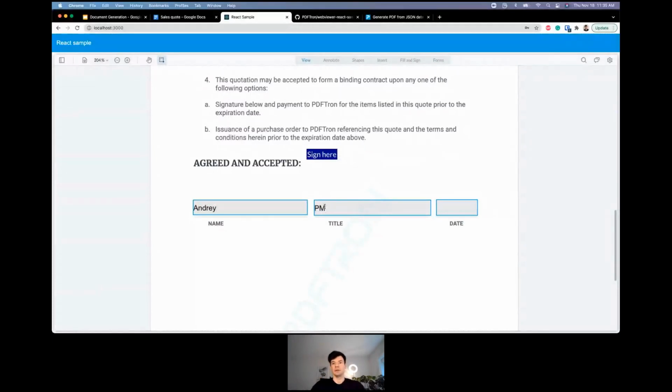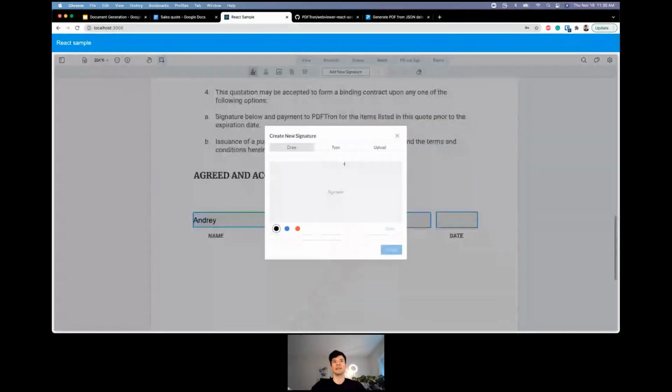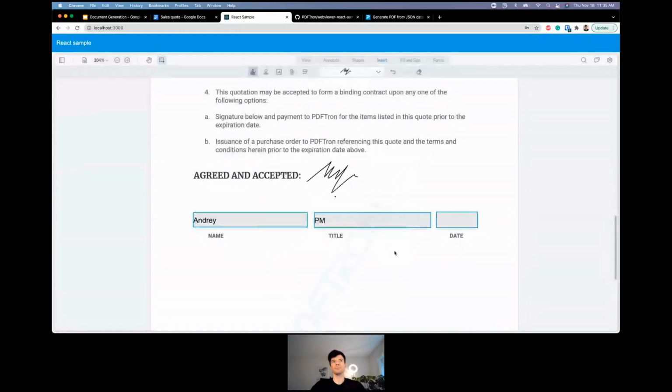And the date is today. And when I click on the sign here, it brings this nice dialog to create a new signature. I can do so by drawing, typing, or uploading. Go ahead and create it. Boom. Here we go. And now we have a number of APIs to query the data from this document,